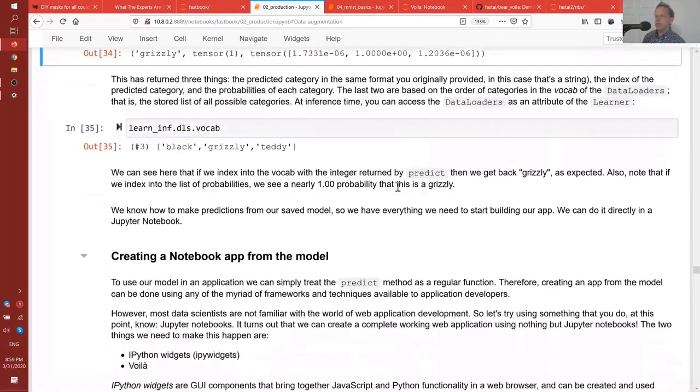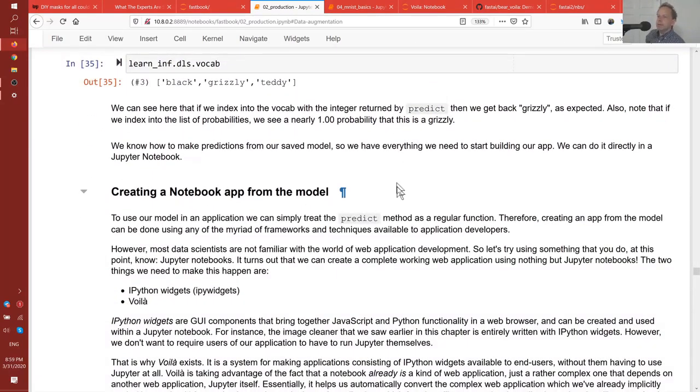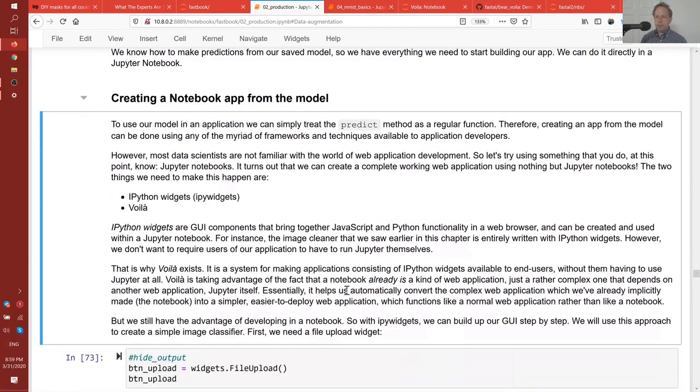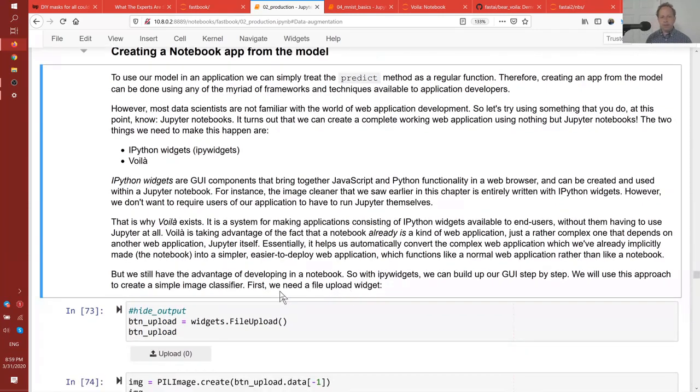One of the things we really wanted to do in this course, though, is not assume that everybody is a web developer. Most data scientists aren't. But gee, wouldn't it be great if all data scientists could at least prototype an application to show off the thing they're working on? So we've tried to curate an approach, none of it's stuff we've built, it's really just curated, which shows how you can create a GUI and create a complete application in Jupyter Notebook. So the key pieces of technology we use to do this are IPython widgets, which is always called IPyWidgets,